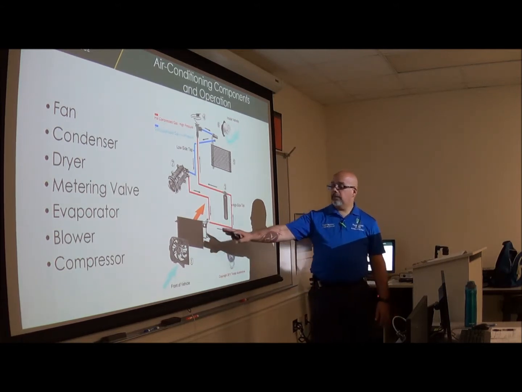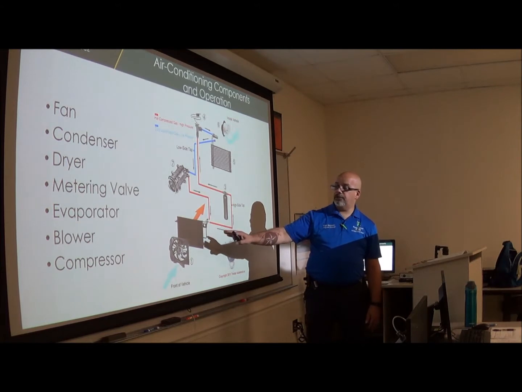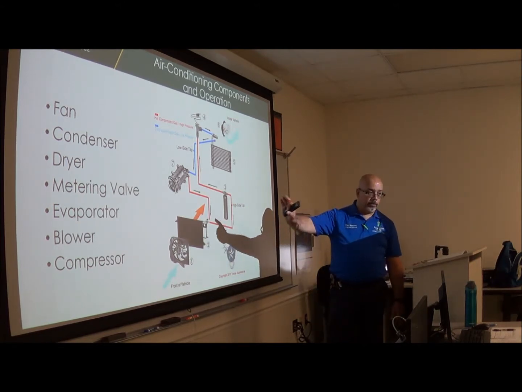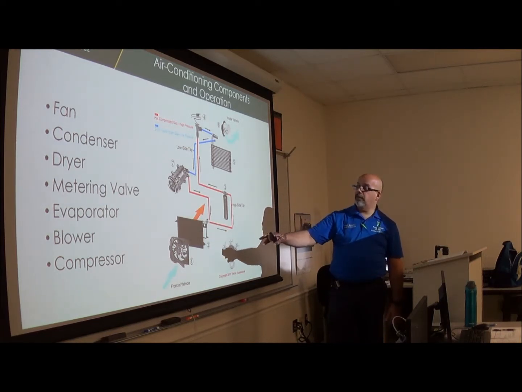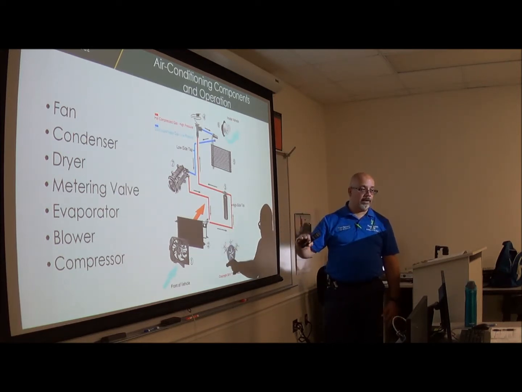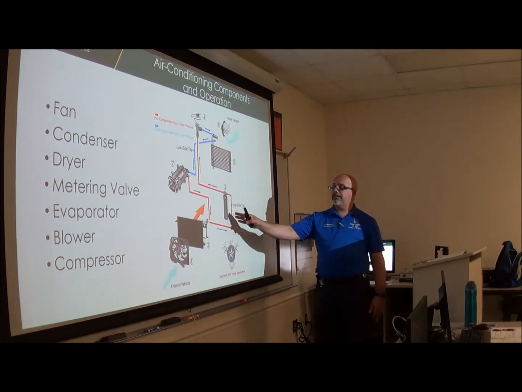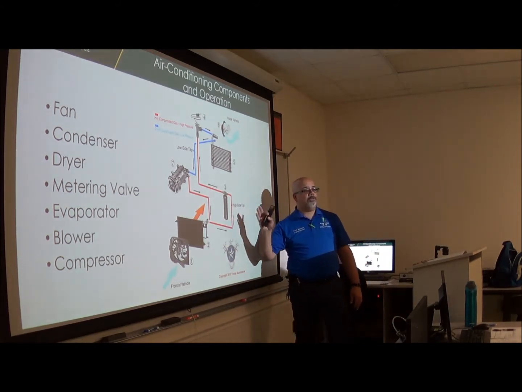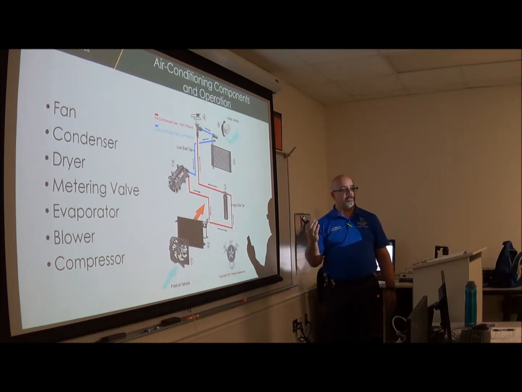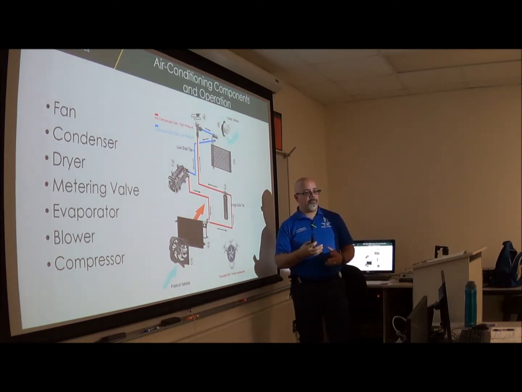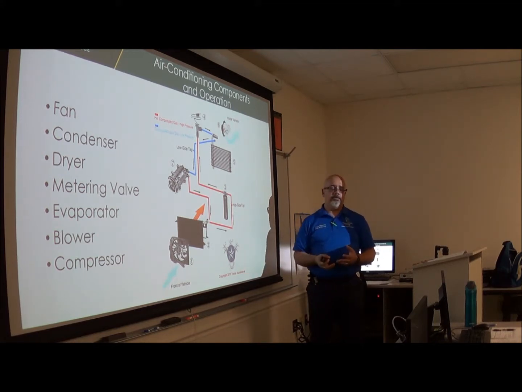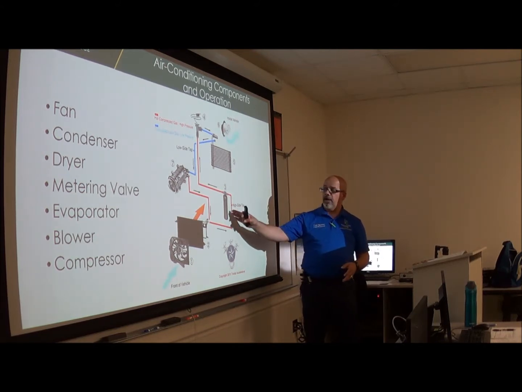From there, number 2 is the condenser. What the condenser does is that it comes in as a hot gas on one side, and then it comes out as a liquid, because that's where we cool it down, so that we can continue our process. The dryer, what the dryer does in the vehicle is that it will take all the humidity that is in that system and that refrigerant. If by any chance it gets humidity, the refrigerant does not work well. So that's what the dryer does.